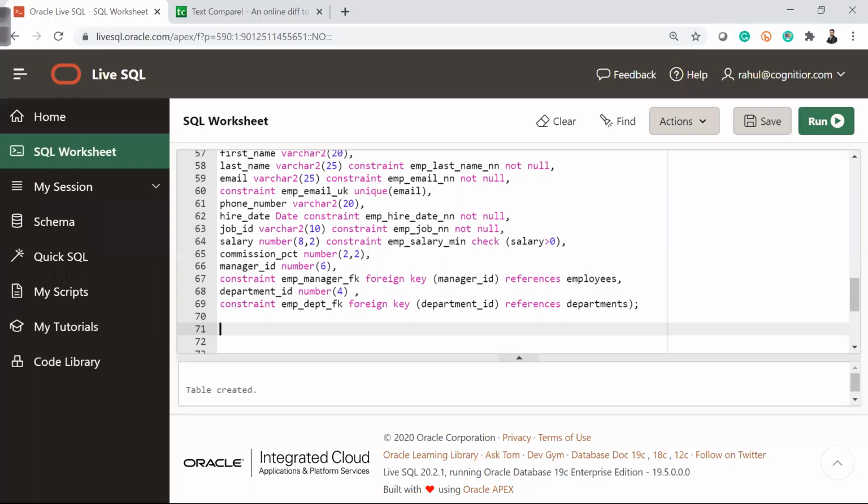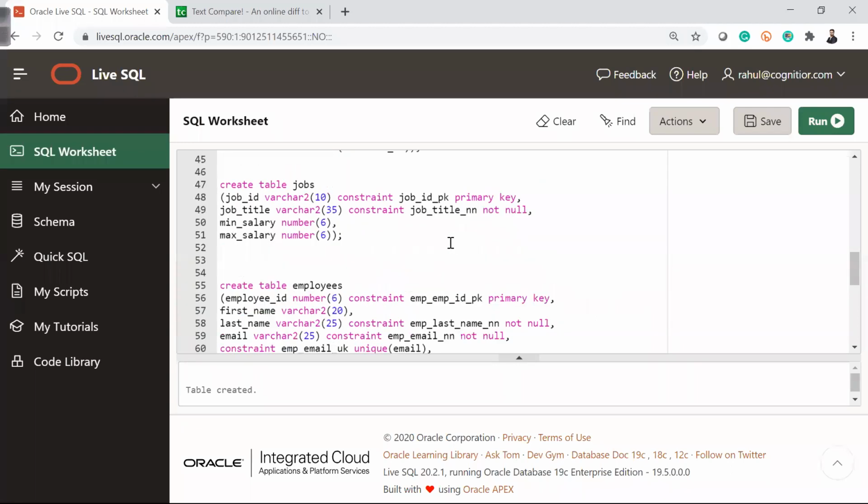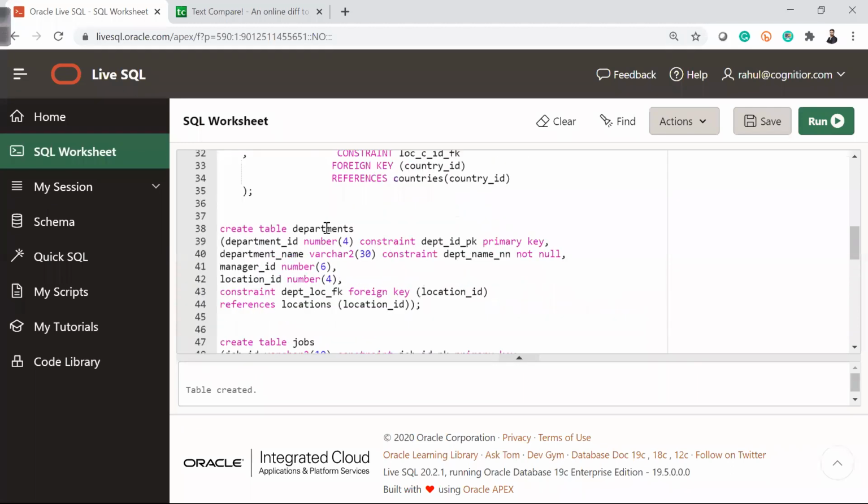Now I want to do one more thing. I forgot to do something and now I want to do it. For example, in the department table, I want to add one constraint which I forgot.